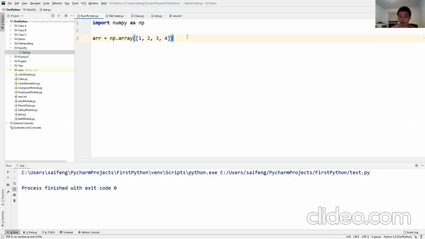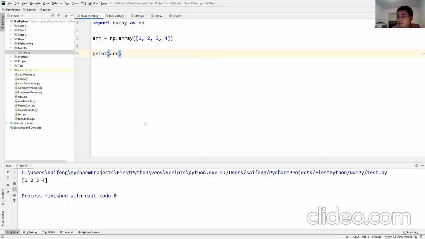Now I can print out the array. If I run this, 1, 2, 3, 4. Do you see here? This is called a 1D array.